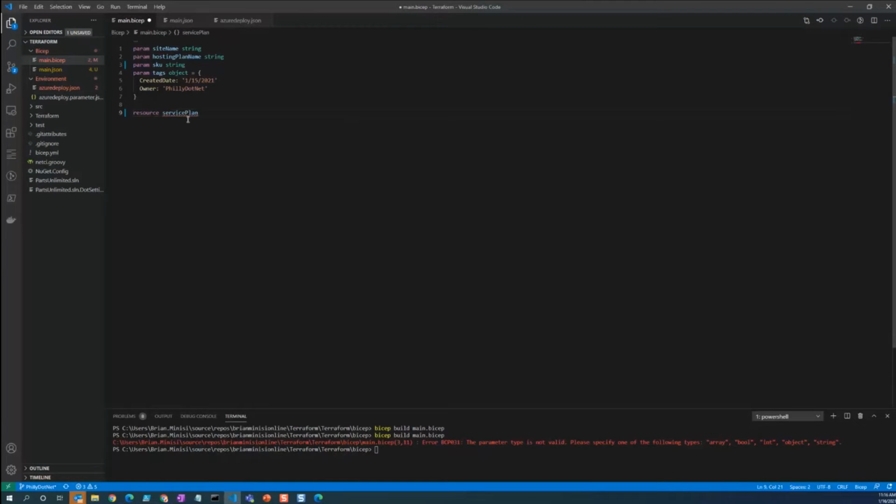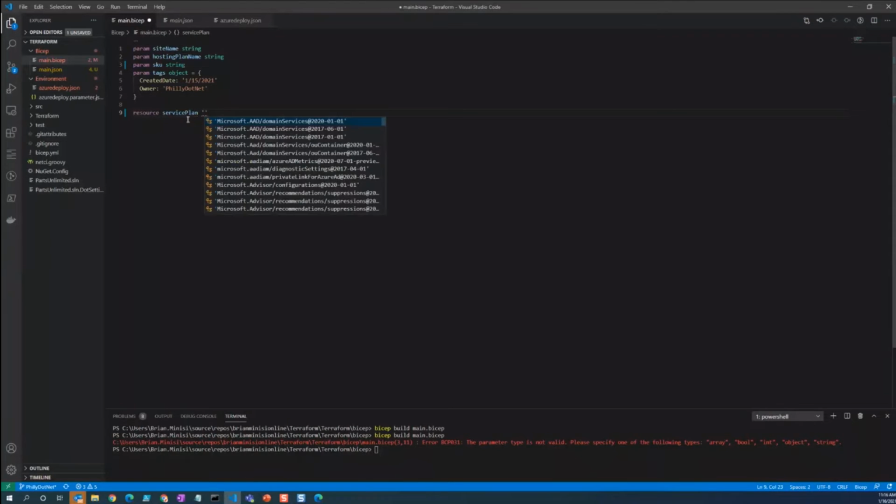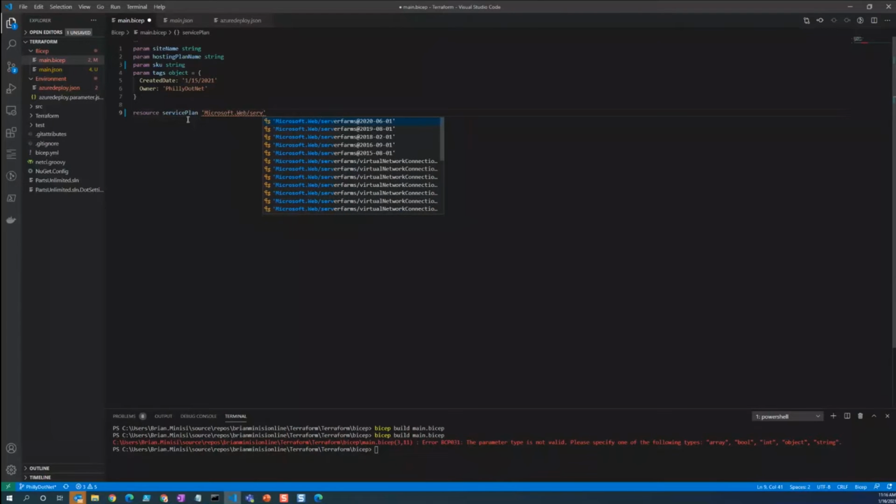And what this will do is give us the ability to reference this later on in our script if we need to get some property from it. So we also need to have the type. And you can see we have IntelliSense here for the type. We do .web. We have server farms, and we can choose whatever version that we want of server farms.